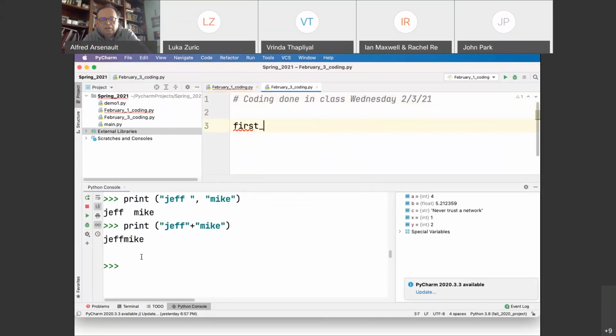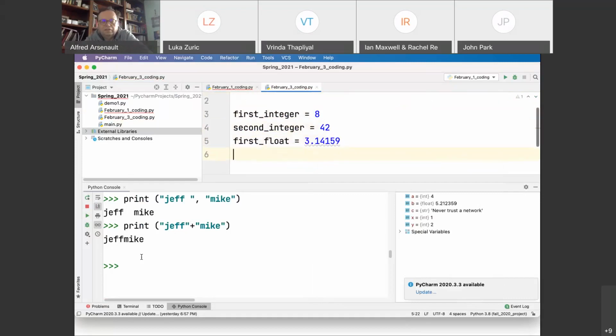Okay. Let's have some variable assignments. First, integer. Remember, single equal sign is assignment. Says first integer is a variable name. It's going to have the value 8. Second integer equals 42. First float equals 3.14159. First string equals